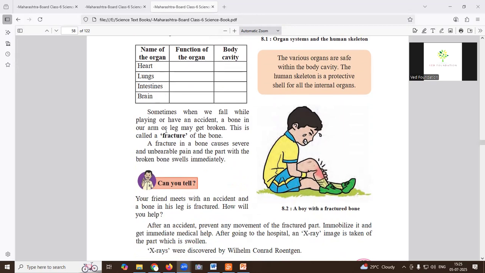Next, sometimes when we fall while playing or have an accident, a bone in our arm or leg may get broken. This is called fracture of the bone. Sometimes while playing, a fall can break a bone, and breaking of a bone is called fracture. A fracture in a bone causes severe and unbearable pain, and the part with the broken bone swells